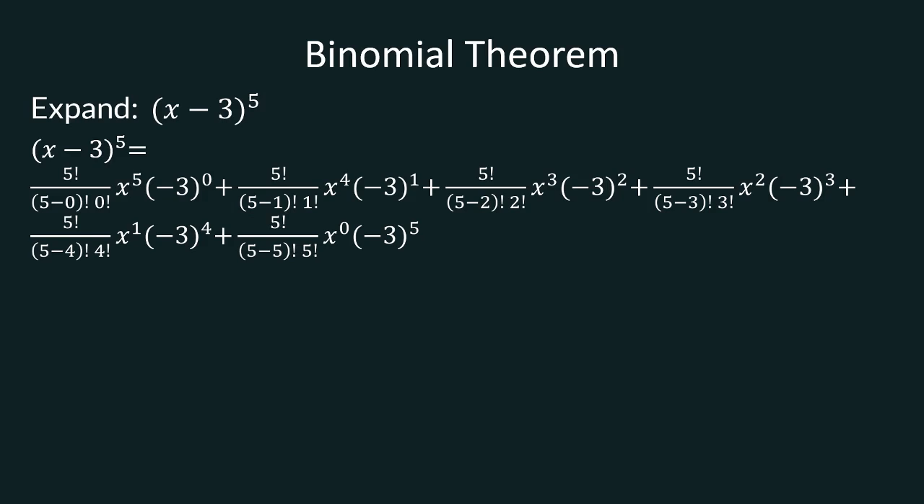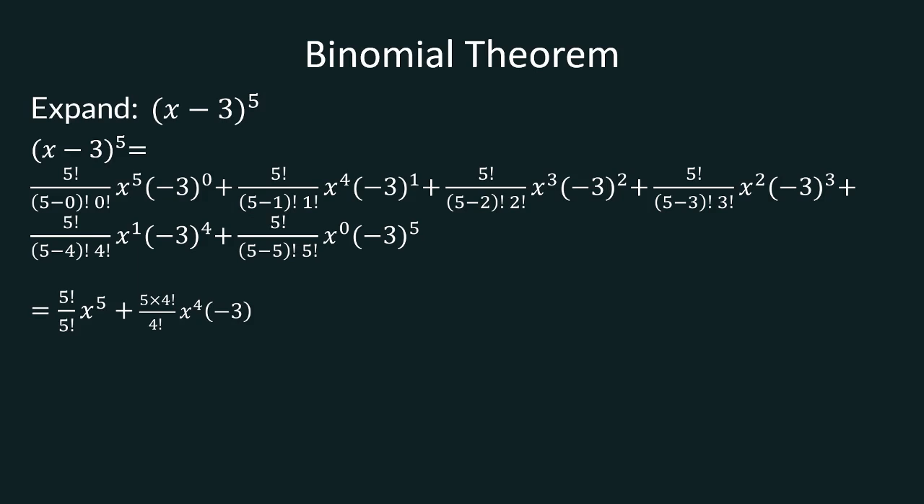So let's simplify this. In the first term, we get 5 factorial divided by 5 factorial, because 5 minus 0 is 5. 0 factorial is just 1. Times x raised to the power 5. Negative 3 raised to the power 0 is just 1. So 1 times x raised to the power 5 is still x raised to the power 5. Then in the second term, we expand to get 5 times 4 factorial divided by 4 factorial. I hope you understand how we came by this. Then times x raised to the power 4 times negative 3, because negative 3 raised to the power 1 is